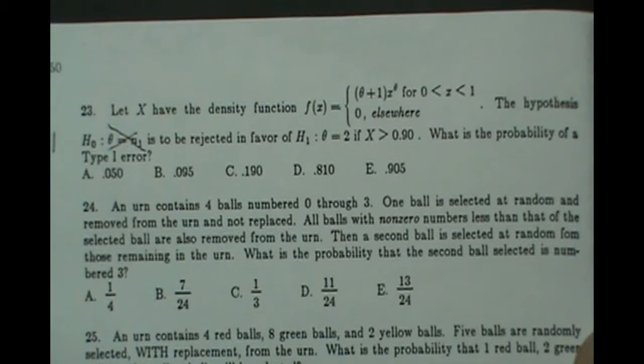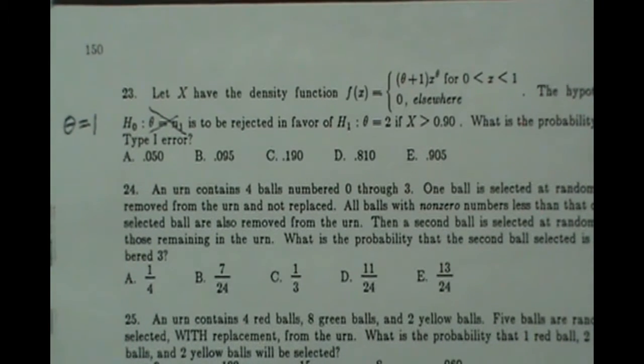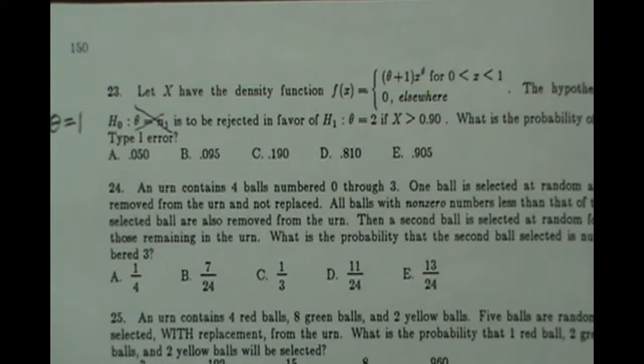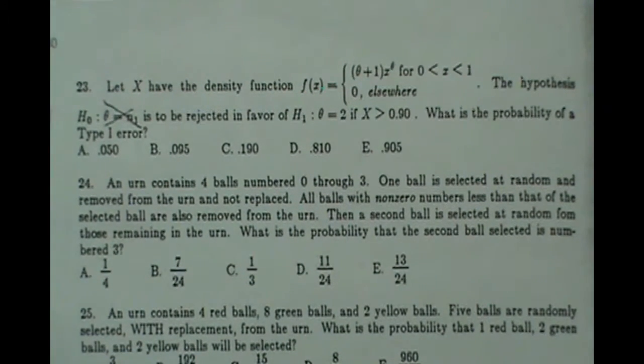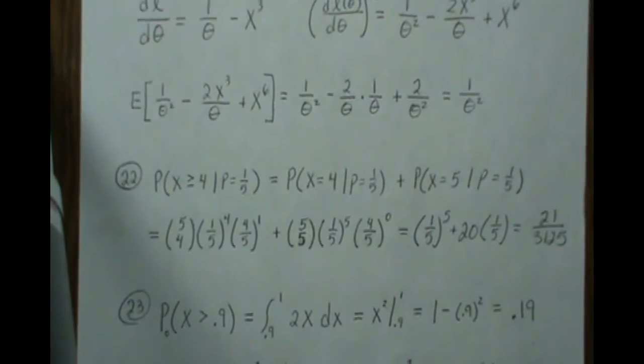Number 23. Let x have the density function f of x equal to that. The hypothesis, I actually think there's an error here. Let the null hypothesis that theta is equal to 1 be rejected in favor of the alternative, theta equal to 2, if x is greater than 0.9. What is the probability of a type 1 error? Now 23 is